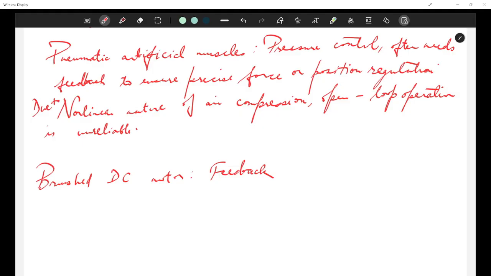The pneumatic artificial muscle and brushed DC motor part? Okay, for Bindu it's not visible. Sanjana, can you confirm if you are able to see the screen?